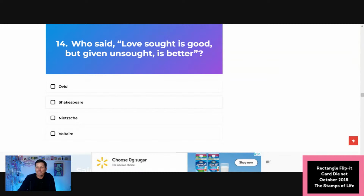Who said, love sought is good, but given unsought is better? I do not know any of these quotes. Ovid, Shakespeare, Nietzsche, or Voltaire? Does anybody know this quote? There are some tough things in here. You might think you know a little bit about love and Valentine's, but